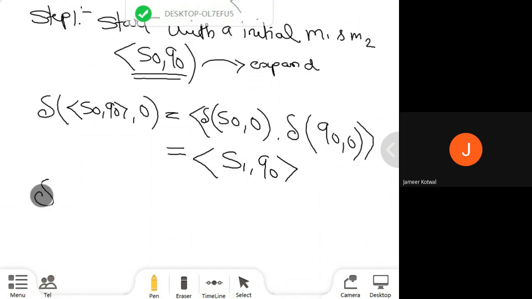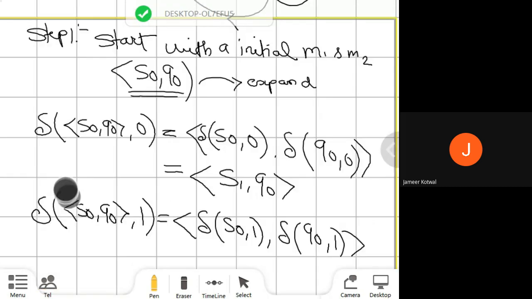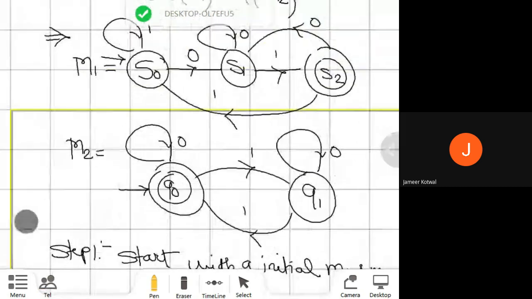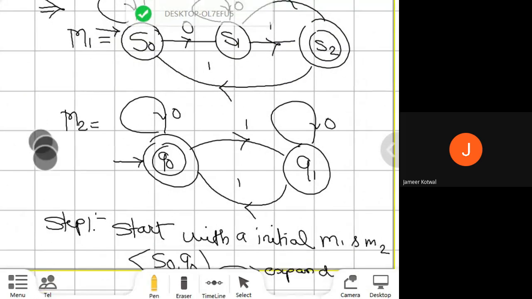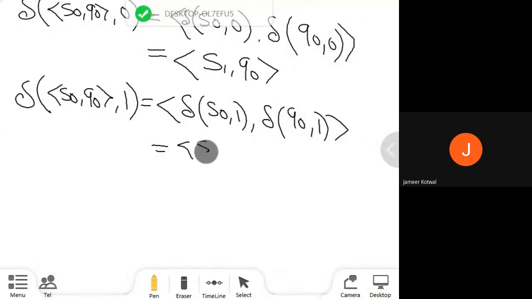Next you are going to process the next input, that is 1, right? So here transition of S0 you are going to process 1, transition of Q0 you are going to process 1, and check in which state basically it reaches. So S0 मध्ये 1 प्रोसेस केल्यानंतर तो सेम स्टेट मध्ये राहतो, आणि Q0 मध्ये 1 प्रोसेस केल्यानंतर तो Q1 स्टेटला जातो, बरोबर. So here the output is S0 and Q1. In step number 1 we are having two subsets, that is S1 Q0 and S0 Q1, बरोबर.